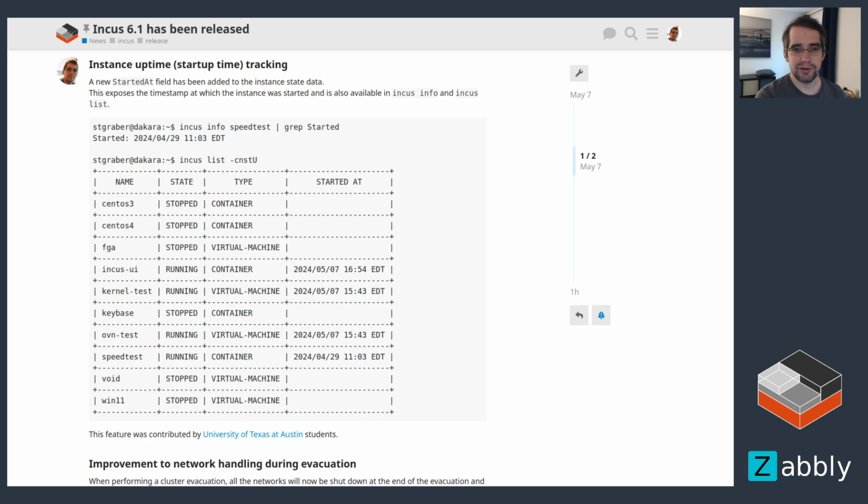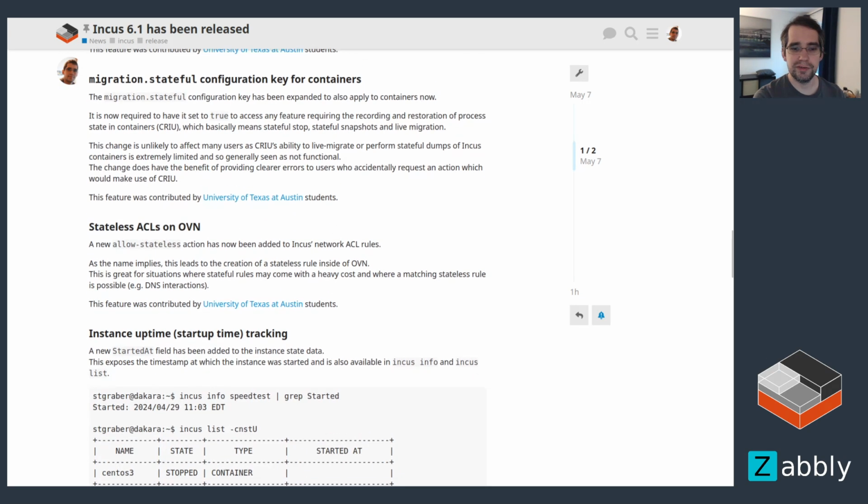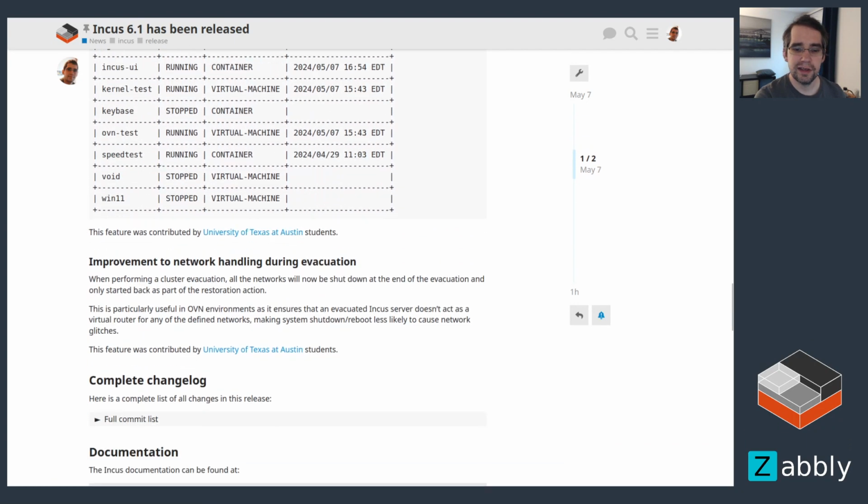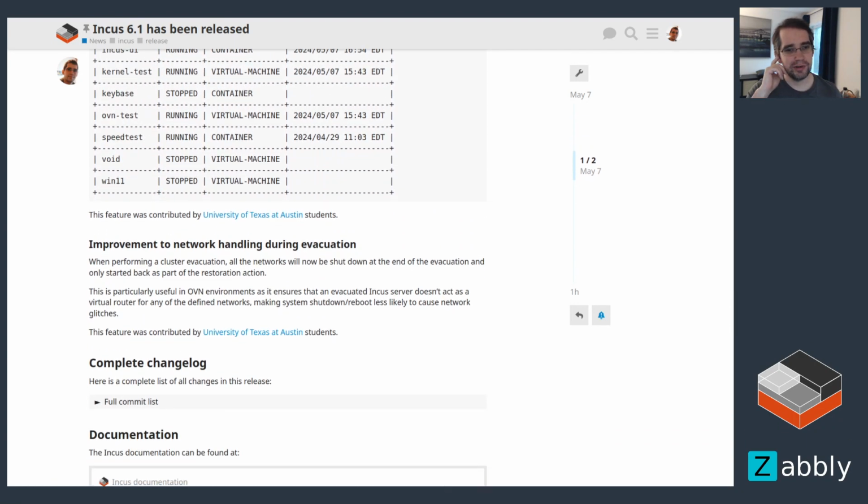And there was another one contributed by students. So was the ACL, and so was migration.stateful. Pretty much all of those came from students. And the last one, also contributed by students, is a bit of an improvement for cluster evacuation, but also for those using OVN. So up until now, when you evacuated a cluster, it evacuated all the instances or stopped everything,